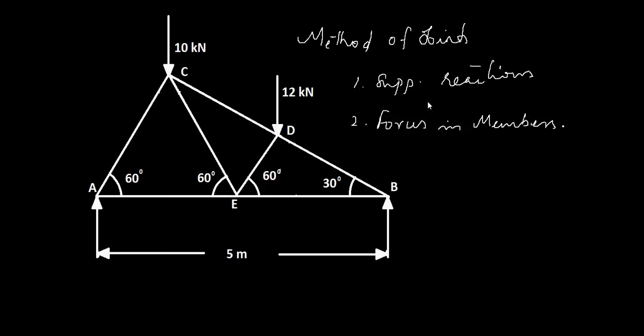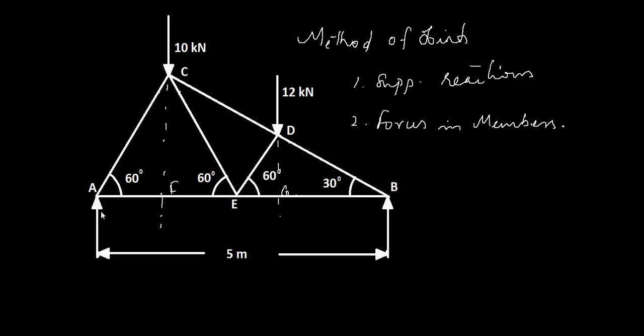In order to find the support reactions, you need to know the distances at which the 10 kilonewton and 12 kilonewton forces are acting. That is, if I extend the lines of action, you need to know the distances to, say, point F and point G from either A or B, and that distance is not directly given in